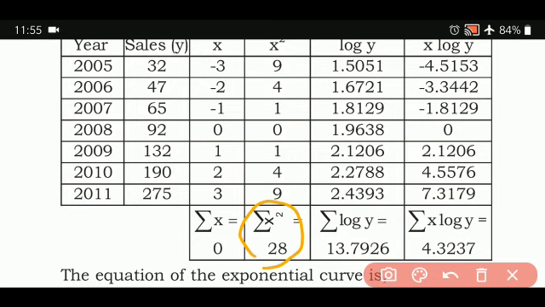Now from the normal equations, that is the normal equation log y value. Log y value means you are going to open the log book and see the value of y. And to find the logarithm values, it was already explained to you all in the first year PUC class, but I am very sure that you people have forgotten. So I am just briefing it once more.